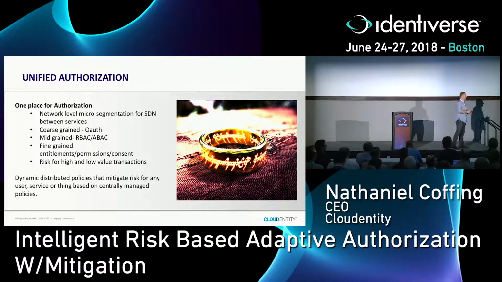And that's why we call it the idealism of unified authorization, right? How can I bring network-level micro-segmentation into the authorization engine? So then I'm replacing my firewall in this instance. I'm saying, can service A talk to service B, regardless of what cloud it's in? How can I perform OAuth scope evaluation the same way regardless of where I'm performing it? Doesn't matter if it's an API gateway, a microservice itself, or a legacy app.